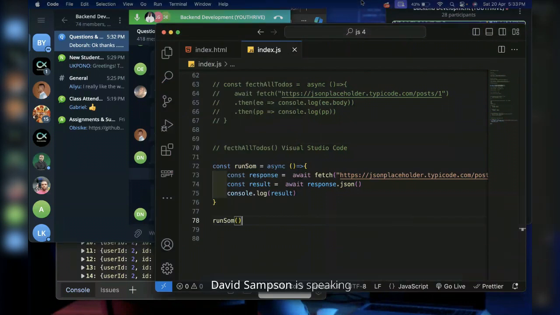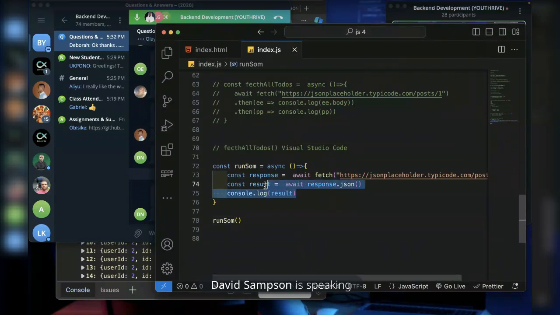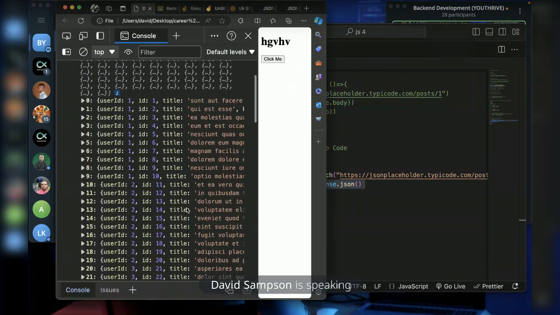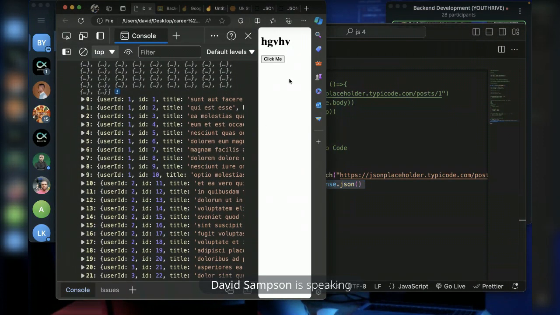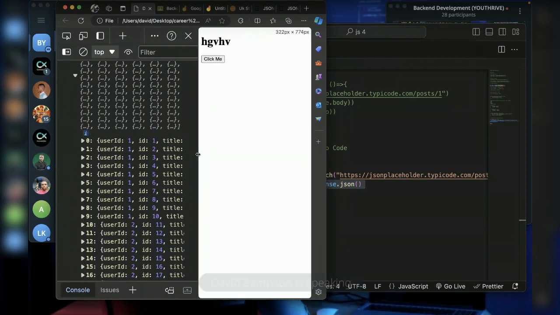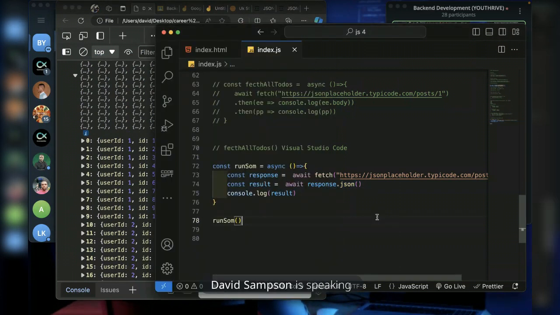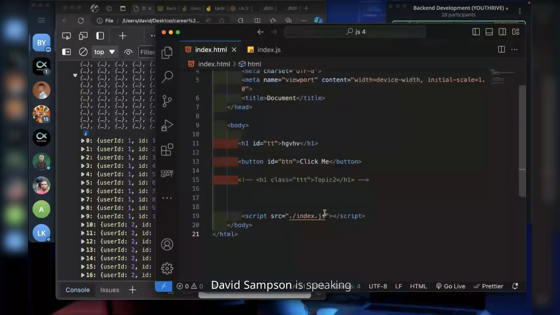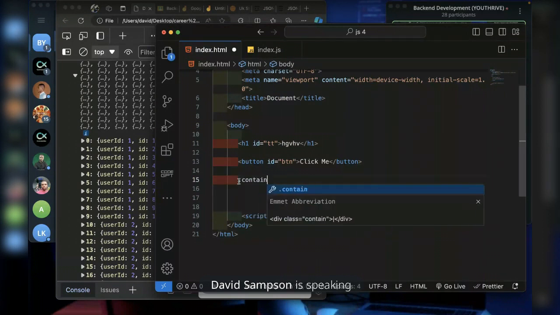Yeah, you're welcome. So what I want to demo next, I don't know if I still have time. Now I'm getting the response, which is this. I want to display it on the front end, which is here. So let's do that. Let's go to the new class, you can actually follow along.